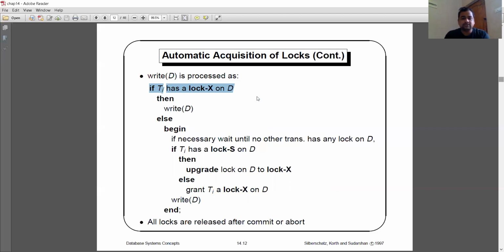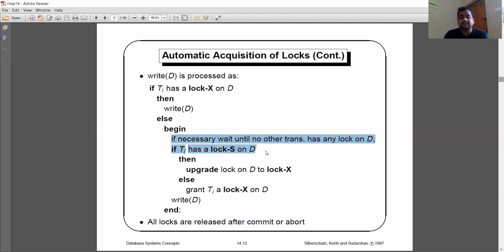No transaction is using the data item D. So now, with data item D free, I can make a write operation over here. Now if the data item D is used by some other process, we have to wait, if necessary, until no other transaction has any lock on D. Okay. Since it is an exclusive lock, we can perform both read as well as write operations.